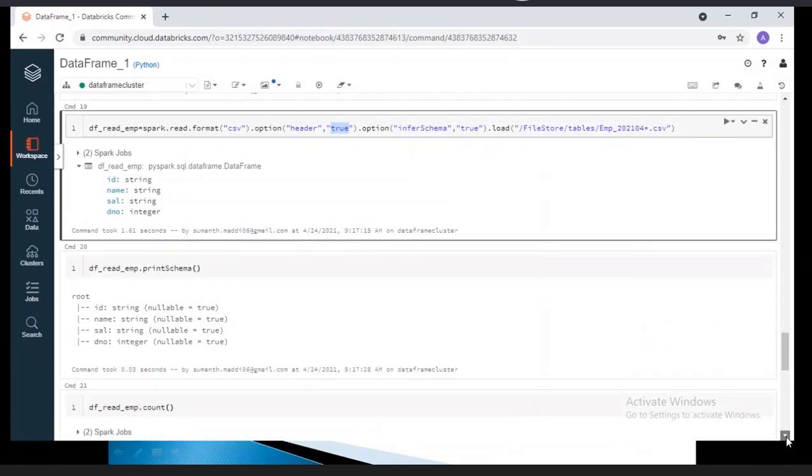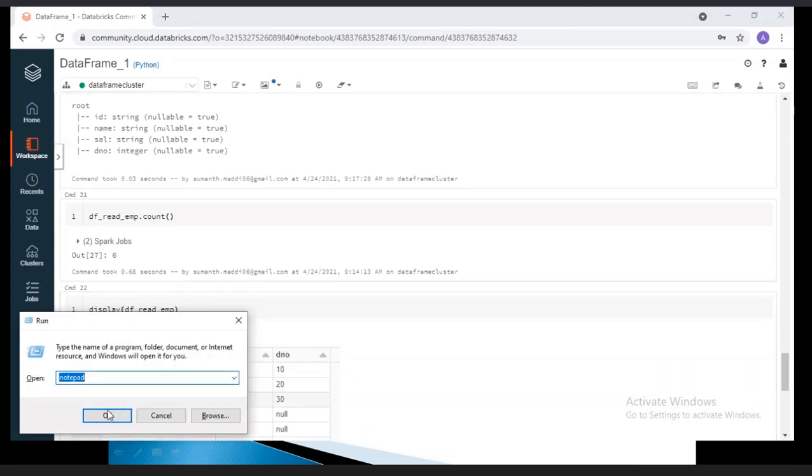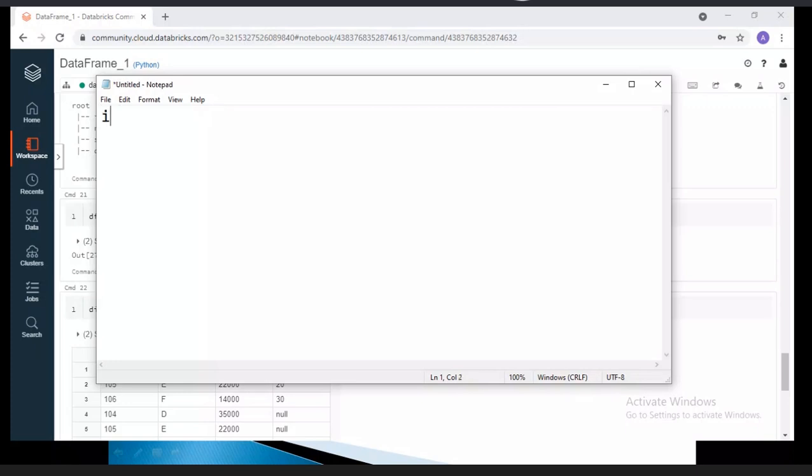Now your data frame contains how many columns? Four columns. For example, just assume the same data frame, maybe you're writing into one table: insert into your table select star from your data frame. Now your data frame contains how many columns? Your table yesterday, till yesterday, contained only three columns, right?